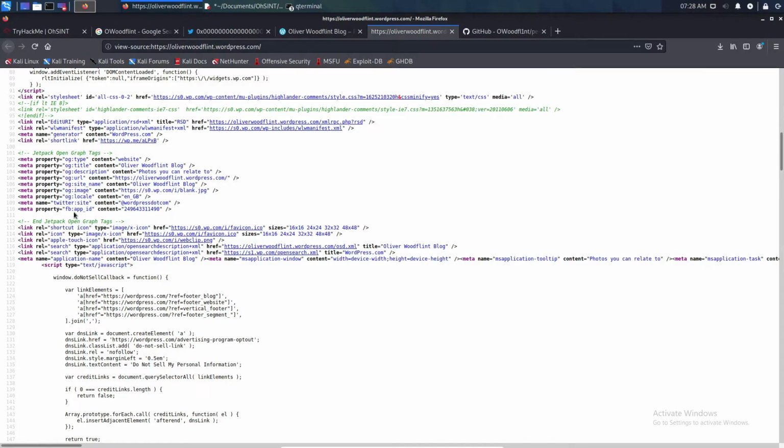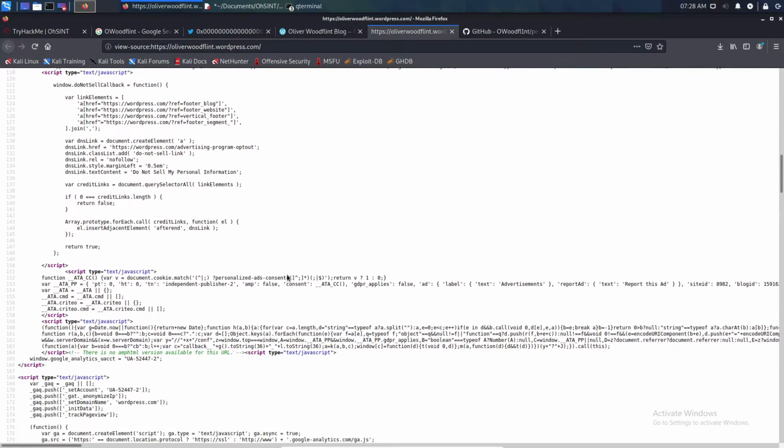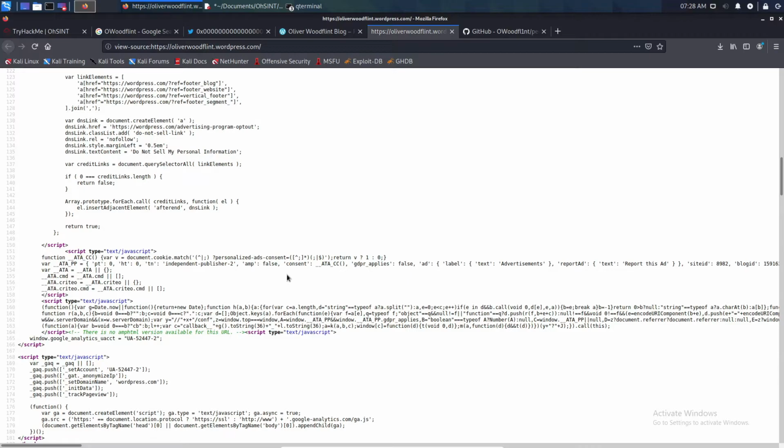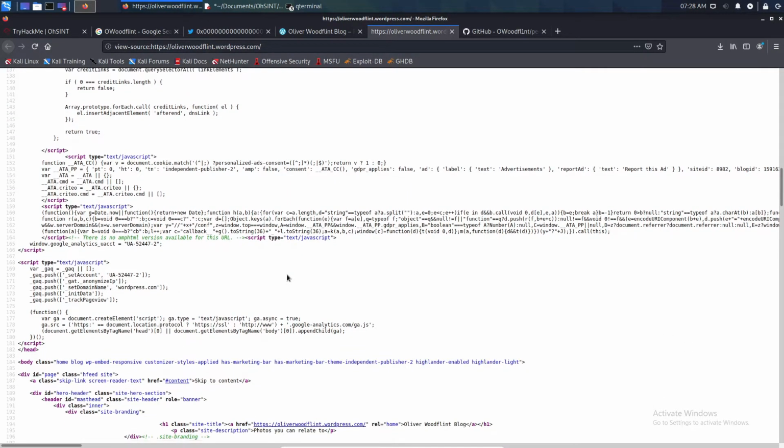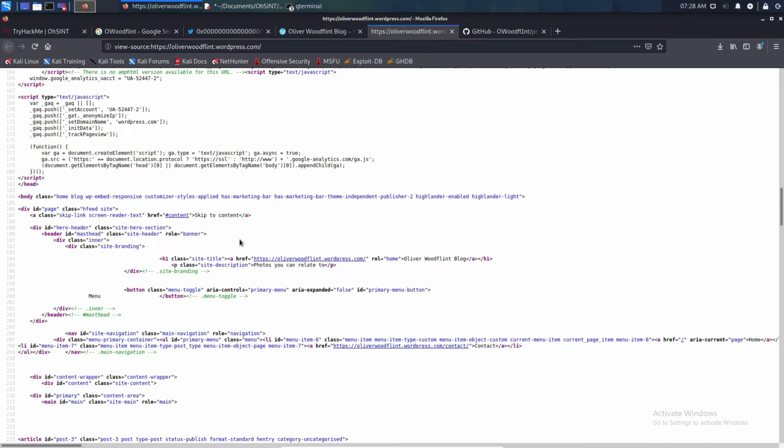This is just the Twitter site, and apart from that we cannot see anything of any use right now. Scripts: there is no AMP HTML version available for this URL. No use, let's just skip that part. This is basically the part we saw here, this whole thing. So it is just the site title, Oliver Woodflint blog, photos you can relate to, site branding, and